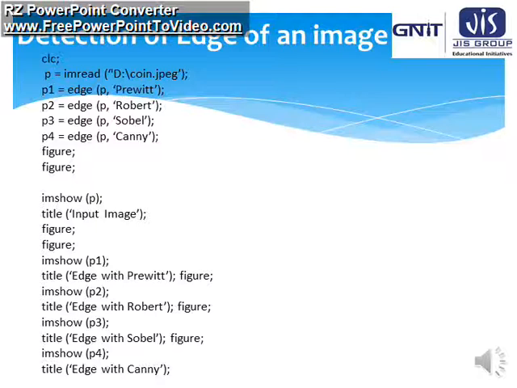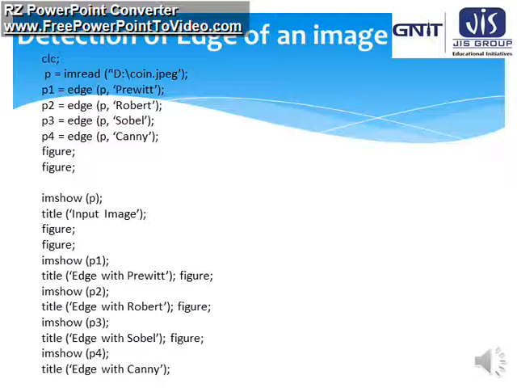So these four masks, either the Prewitt mask, Roberts mask, Sobel mask or Canny mask, are used to detect the edge. They have already been given in the corresponding MATLAB function.